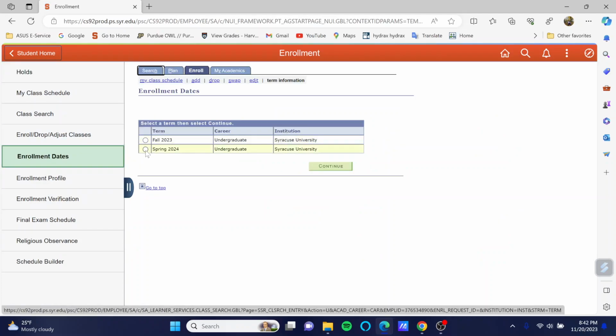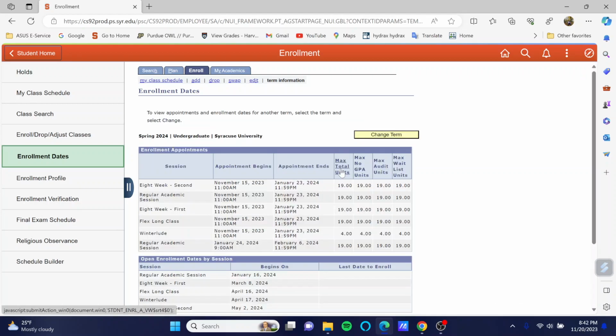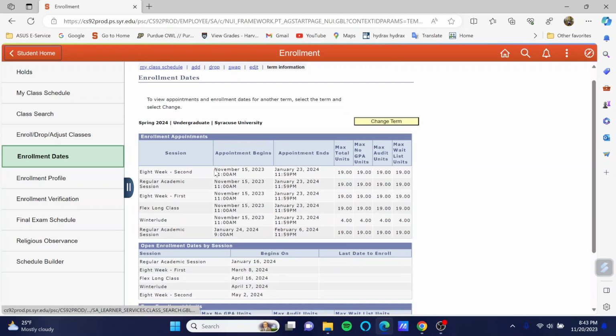You're going to select the desired semester for which you're going to select classes. So that would be the spring 2024, next semester. In this case, his enrollment date was November 15 at 11 a.m. So it already passed. He already selected his courses. Great. Why does this enrollment date look so different from all of you when you're both starting off from scratch, right? Enrollment date is